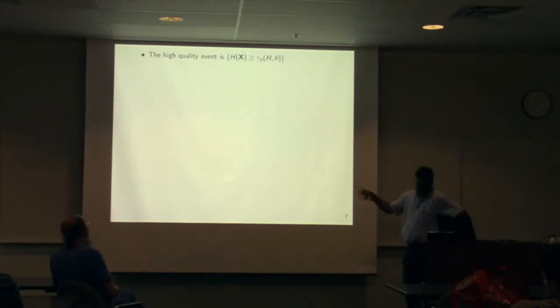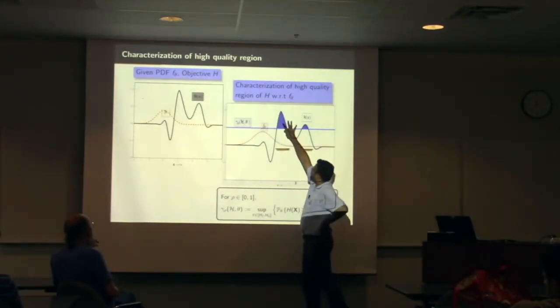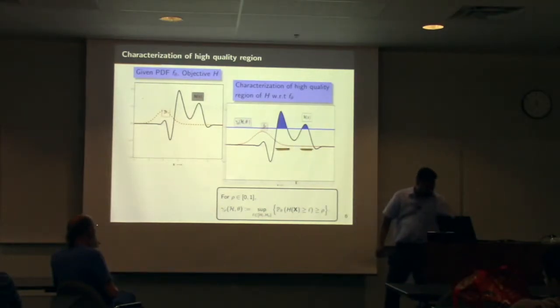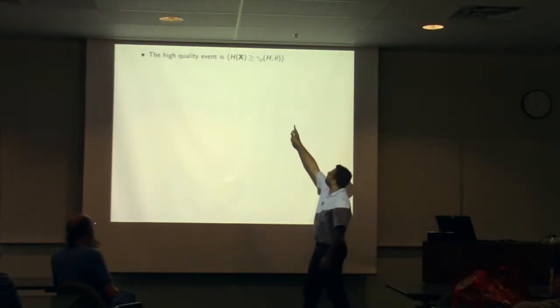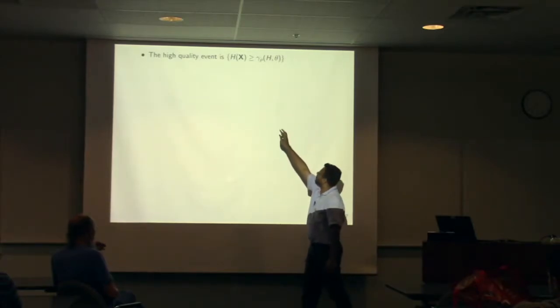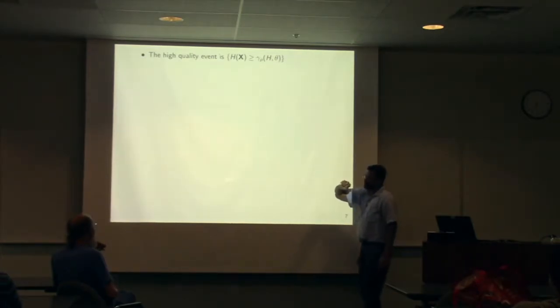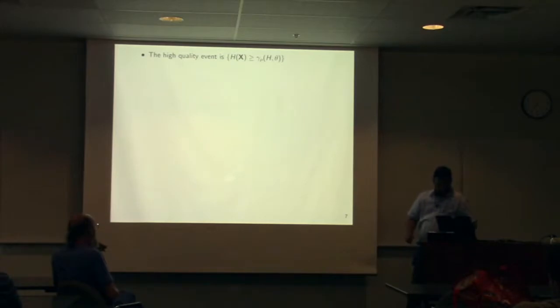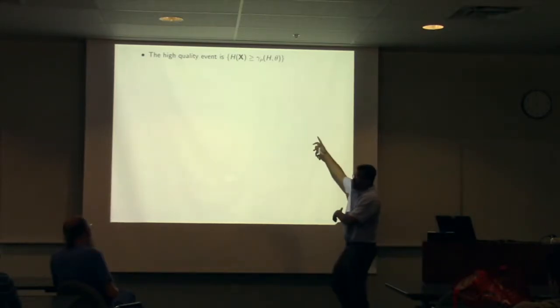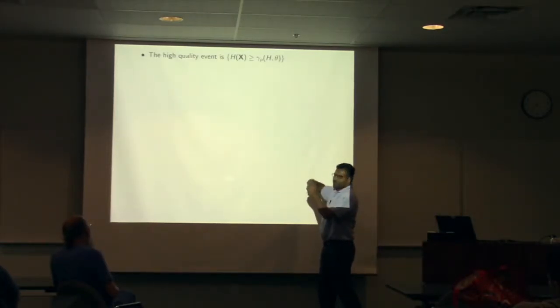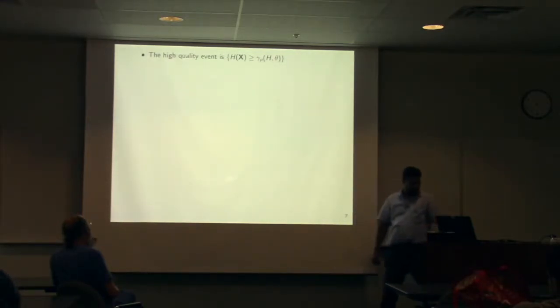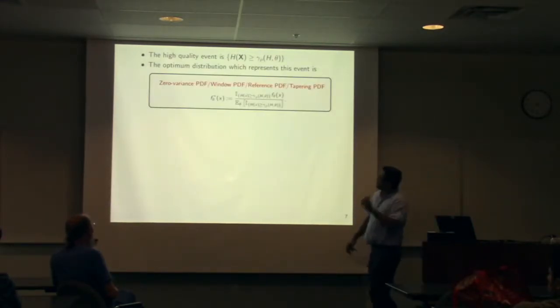Okay, so that's the high quality event that we are going to look at. So now we have a quantification of this region. Now what do we do next? We call it the high quality event. You have that threshold, and anything beyond that is the high quality event. So we have an f_theta, and a high quality event with respect to f_theta. Now we are going to improve the theta. So how do we improve the theta? First,